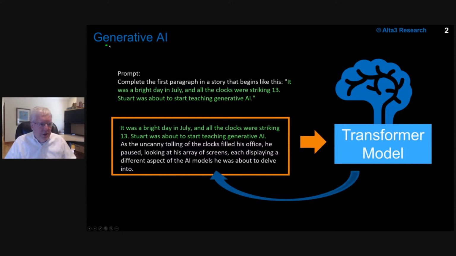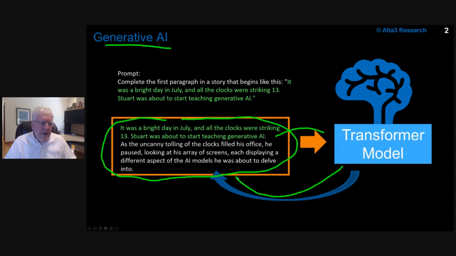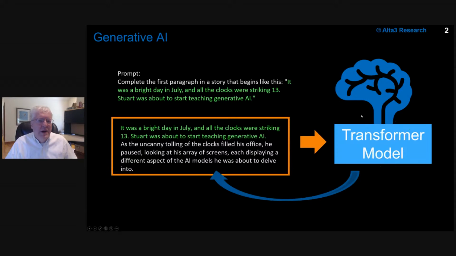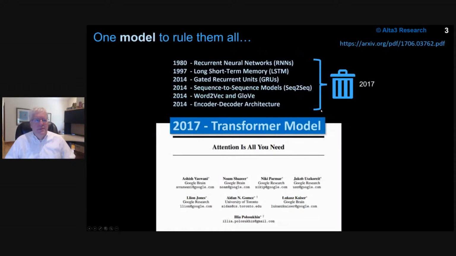Why it's called generative AI is it's cranking out this output, which interestingly enough reads with some common sense. This process of constantly feeding the information in and getting results back is known as inference, and it is the transformer model that by far does it the best. All right, so let's keep charging.